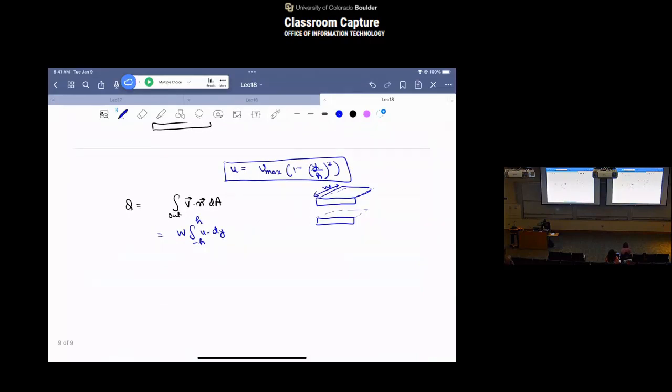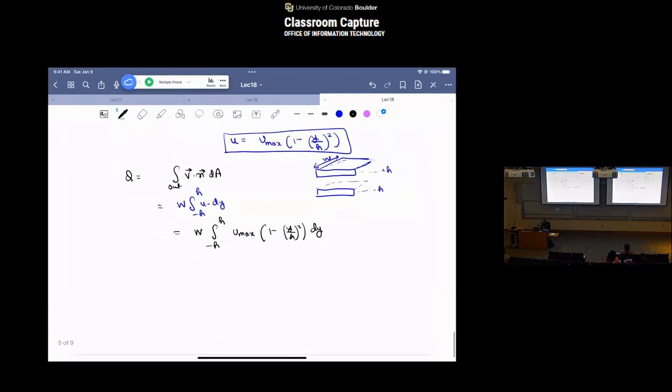Okay, so essentially you are trying to calculate flow rate from this entire region. Okay, minus h to plus h. So I have w into the integral from minus h to plus h, u max into 1 minus y by h whole square dy, and I will let you do this yourself, but what you will find when you integrate this is you will get 4 by 3 w,